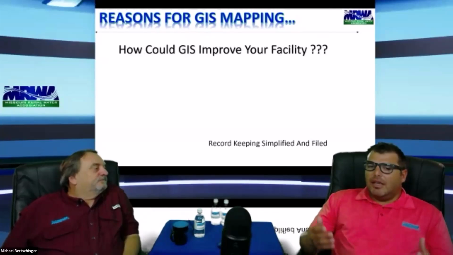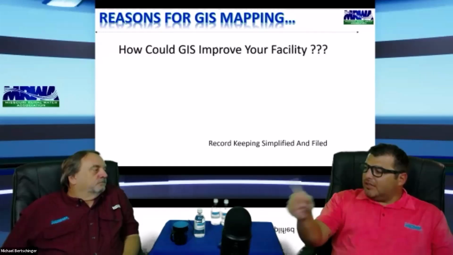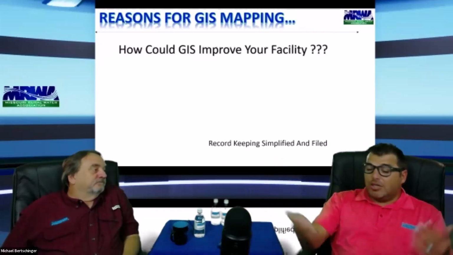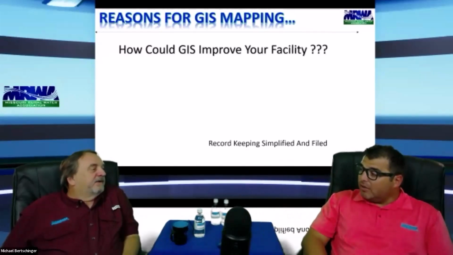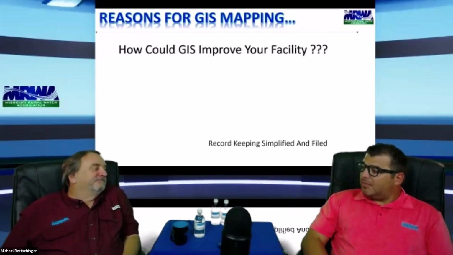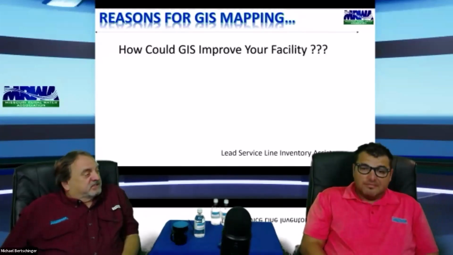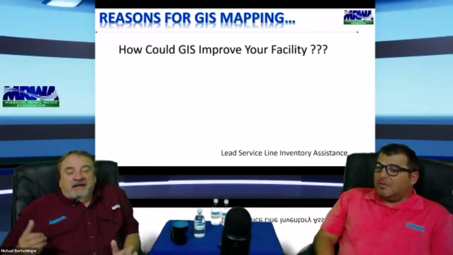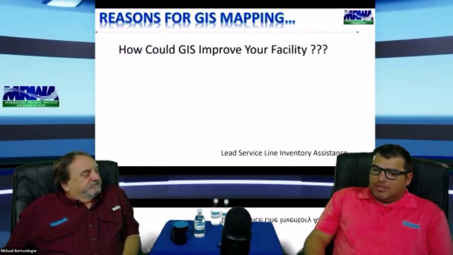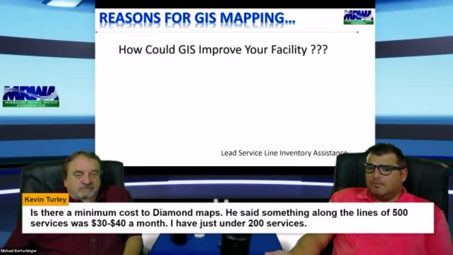It's real time too. So if you're out in the field doing that, you're both getting it done at the same time. Your clerk is pulling up your DiamondMaps so she can see when you're putting them in. She can go ahead and have that information started. That way she's not having to sit and wait for you to play catch up. And you've got a record of your meters in your system, when it was installed. Batteries don't last in them, so you're changing endpoints out. You put a new endpoint in, and